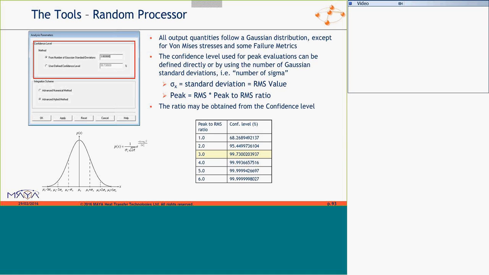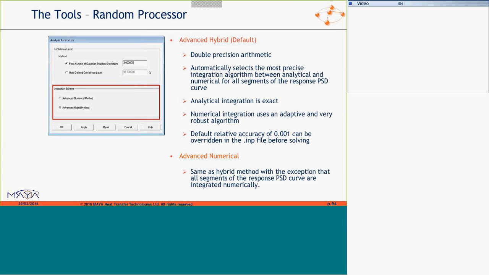And that's what we're going to use in our evaluation of peak results. The default confidence level is the equivalent of 3 Gaussian standard deviations, which is 99.73%. For sigma or RMS results, you can get them if you want, but you don't need to anymore.